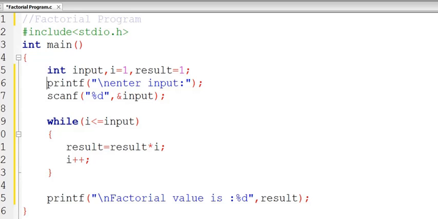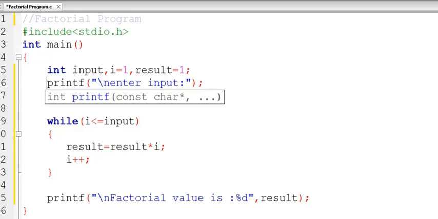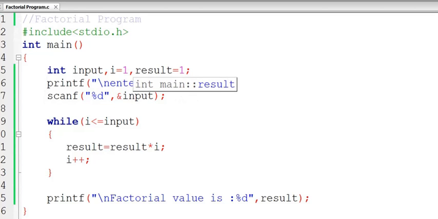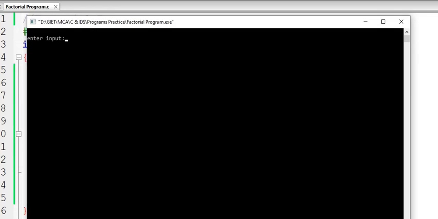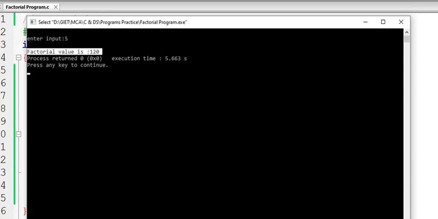Now I save this program and execute it. No errors. It is asking for input, so I am giving 5 as input, and I received the output: factorial value is 120. I tried some different values.